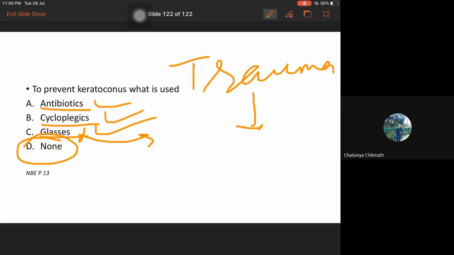Okay. If you have any doubts, let me know. With this, we conclude almost 95% of the cornea. Maybe one or two topics are left. Maybe in some other class where we have shorter or small topics, along with that I will try to cover the rest of the cornea. Okay.